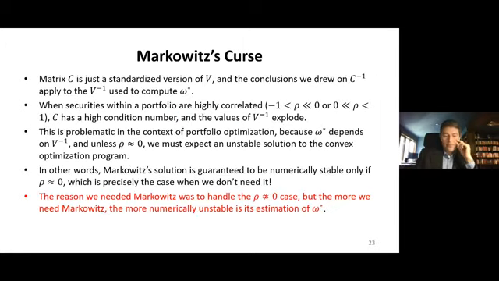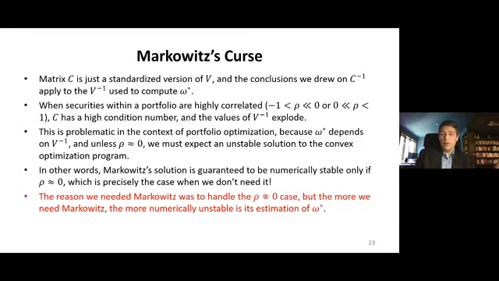So what does this mean in the case of Markowitz? Well, why did we need Markowitz in the first place? We needed Markowitz's approach because we were dealing with a system of correlated securities. If the system was uncorrelated, if the securities were not correlated to each other, the optimal solution would be just an inverse variance allocation, right? We would just